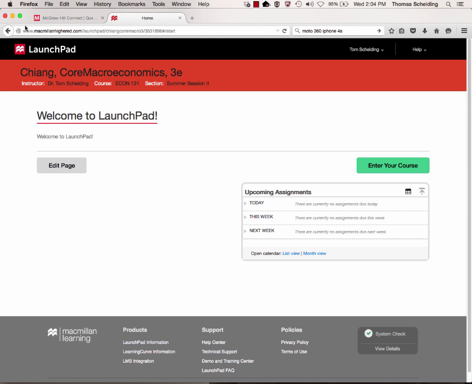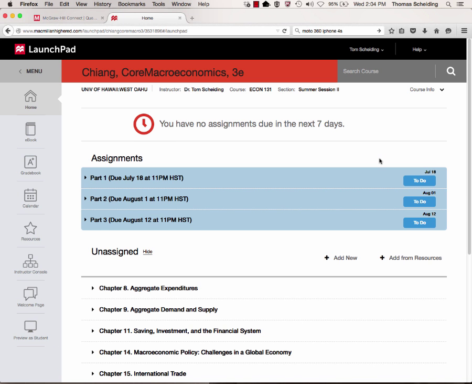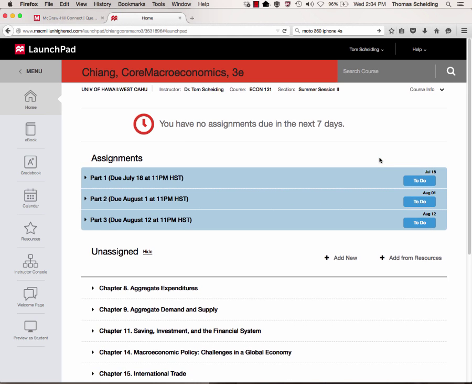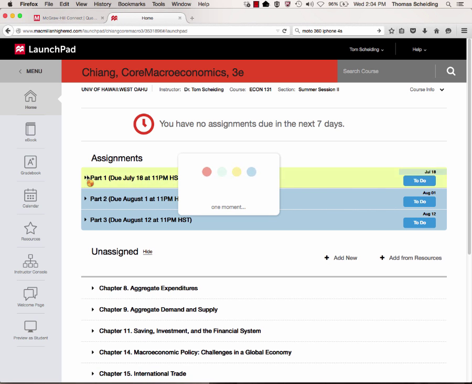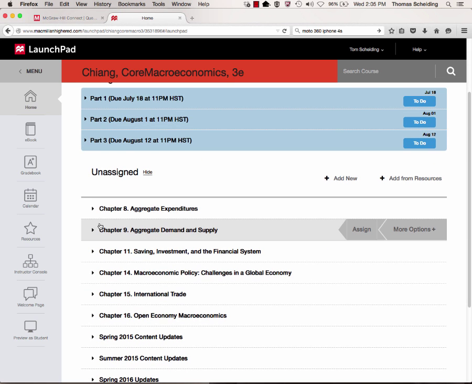So this is obviously the Launchpad site that you've all signed up for, with access to the book and to the assignments. So let's just enter the course. Now obviously I'm looking at this from the instructor side, not from how you see this. I'm doing that though because I want to show you the explanation for the settings. Well, I guess before I do that, again, just to repeat myself,